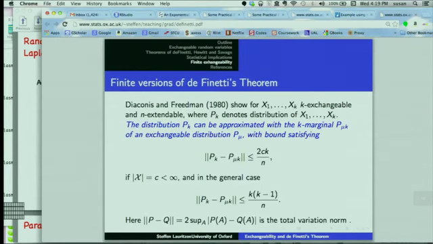So there's a finite version, just to say that if you had a smaller sequence than an infinite sequence and it's k exchangeable and you can extend it, that also gives you the same type of theorem up to approximation. And the approximation is of order 1 over n, so it's okay. So basically the take-home message is that De Finetti's theorem very often gives you